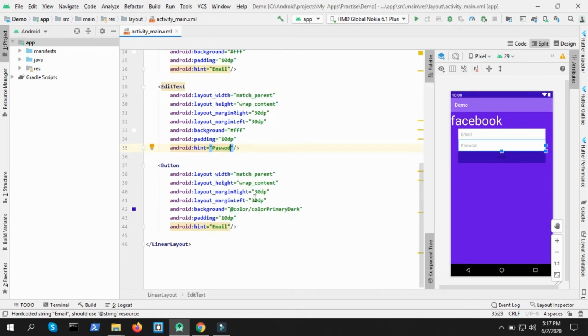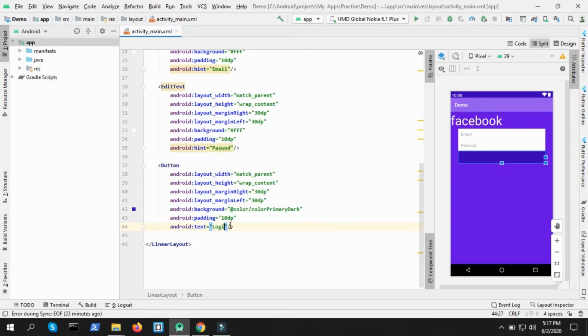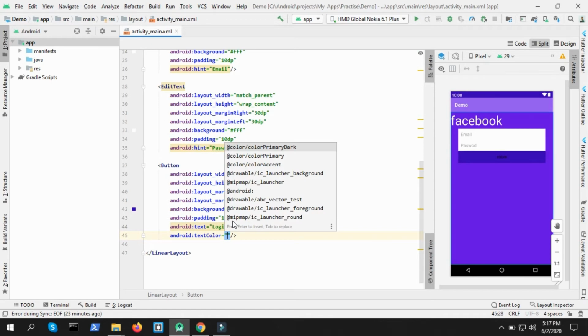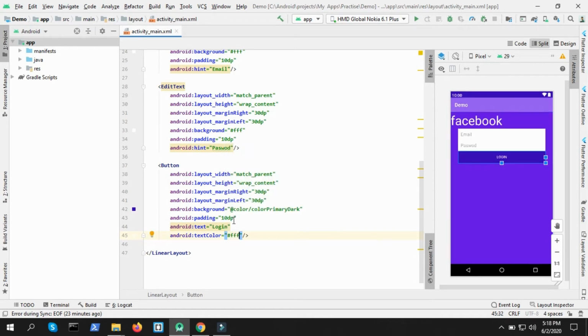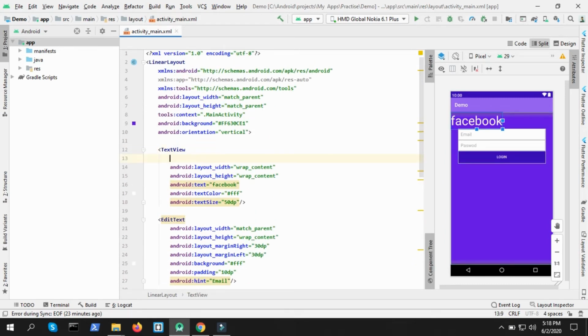All right, and text here, I don't want hint, I want text here. Login, and text color should be white. All right, so now we have to place everything in a proper place, so we give